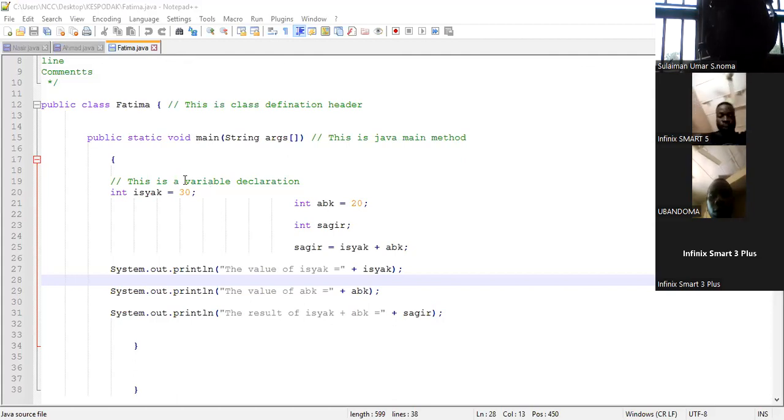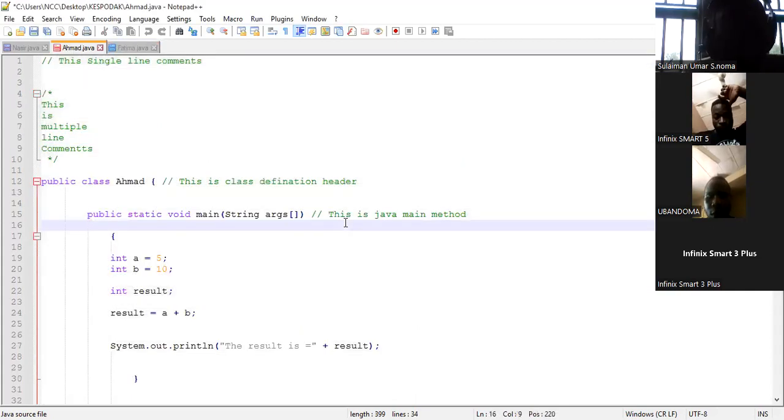So let me show you some example here now. Are you seeing my screen now? Now, based on this, what I'm trying to say here is, when I say int a equals to